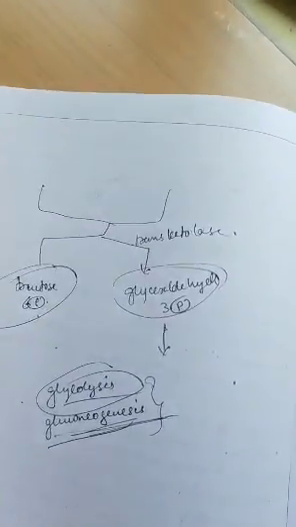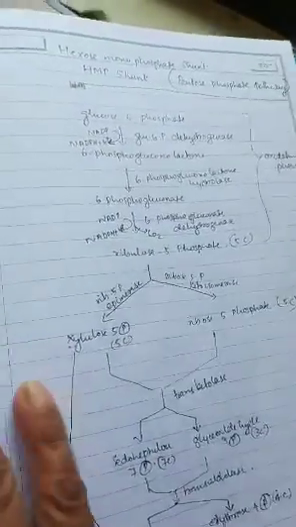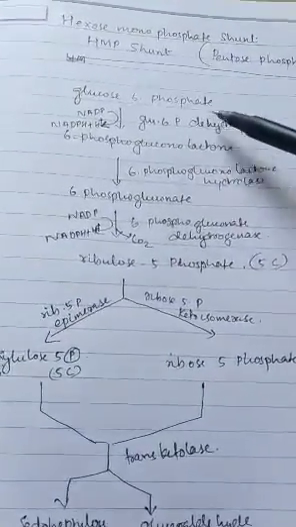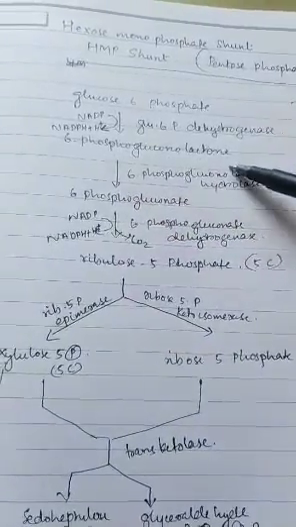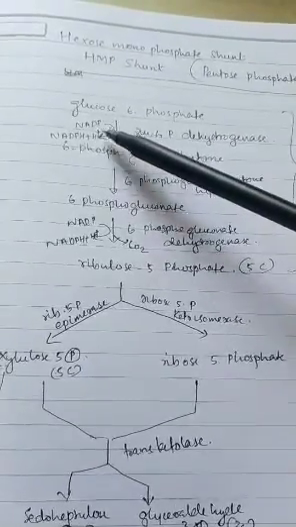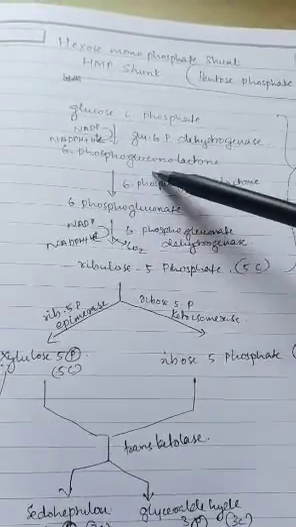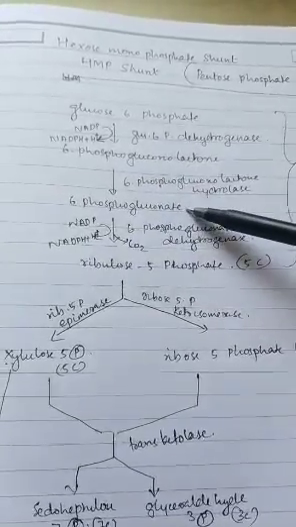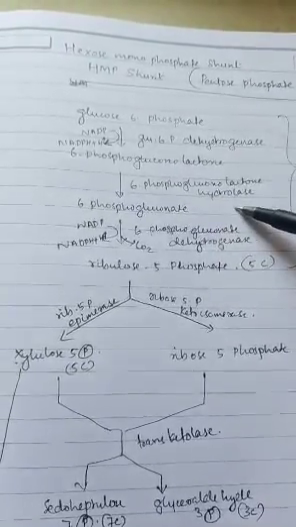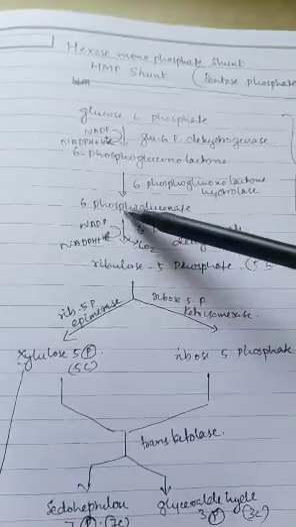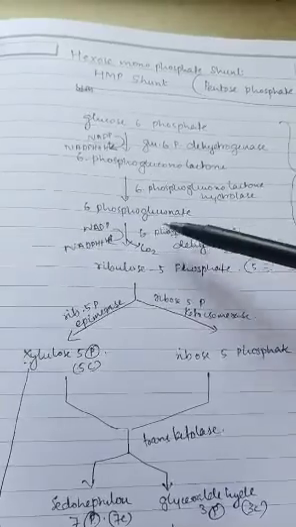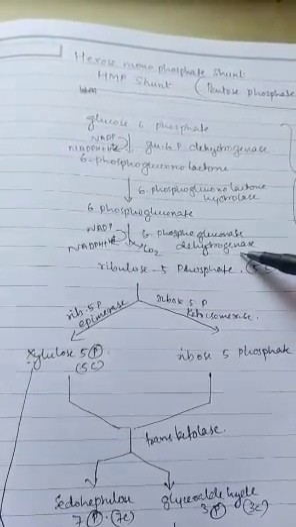അപ്പം HMP shunt consists of 2 phases. One is oxidative phase and another one is non-oxidative phase. In oxidative phase, glucose 6-phosphate is converted into 6-phosphogluconolactone by the enzyme glucose 6-phosphate dehydrogenase. Here coenzyme NADP is reduced to NADPH. And in the second step, 6-phosphogluconolactone is converted into 6-phosphogluconate by the enzyme 6-phosphogluconolactone hydrolase. And then in the third step, again 6-phosphogluconate is converted to 3-keto 6-phosphogluconate by the enzyme 6-phosphogluconate dehydrogenase,